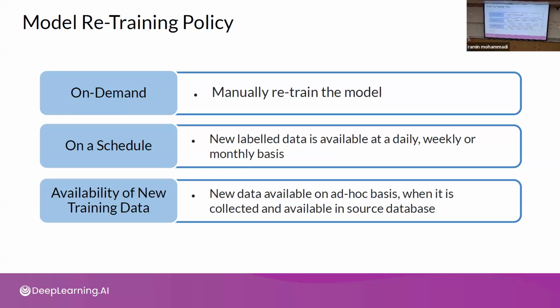You have on a schedule, where you automatically have schedules. Every 3 months, we update the model. You monitor it for a while, and you have an idea, like every 2-3 months we have a decay. So you're not waiting for that, you're scheduling. Every 2 months, you have a model calibration. It could be availability of new data. So you could also have a policy: whenever we have this amount of data and this much change, at least in the distribution or categories or something,